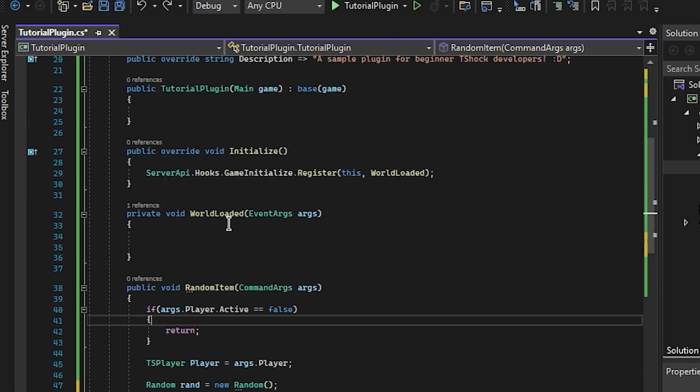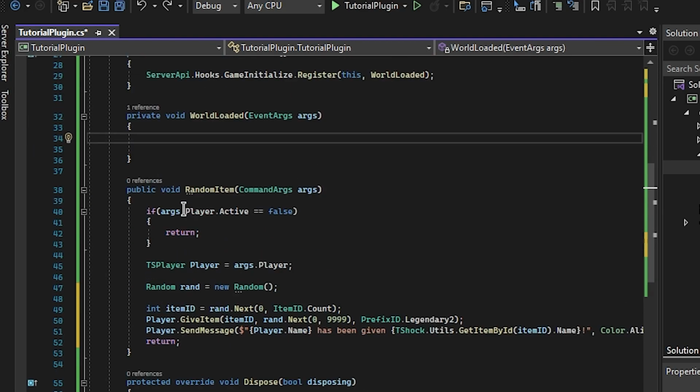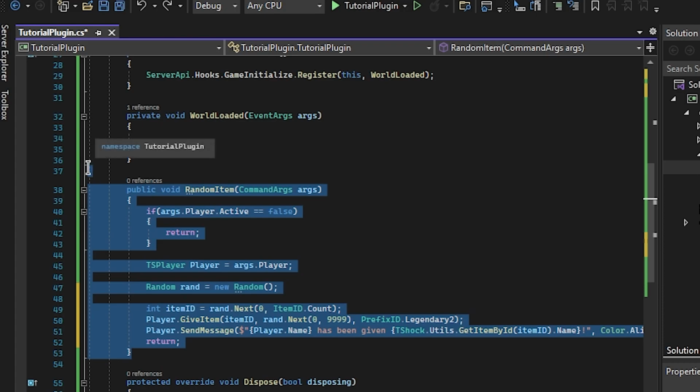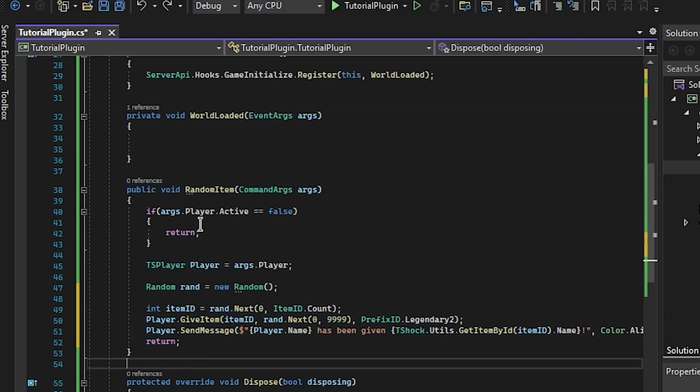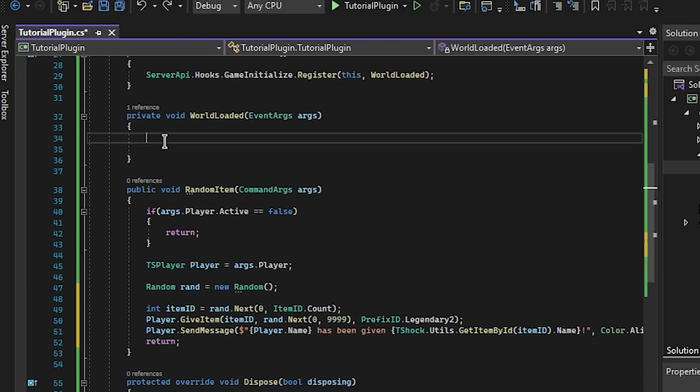Now let's go up here. This is technically just a function. There's no calls to this. So if I do /random item, nothing will happen. That's why we need to register the command. So we're going to do